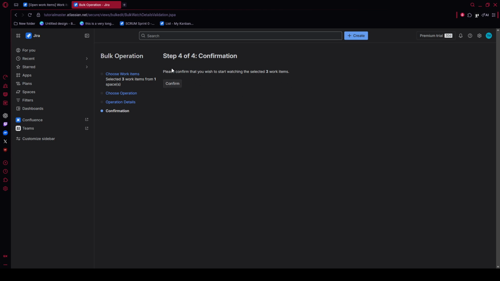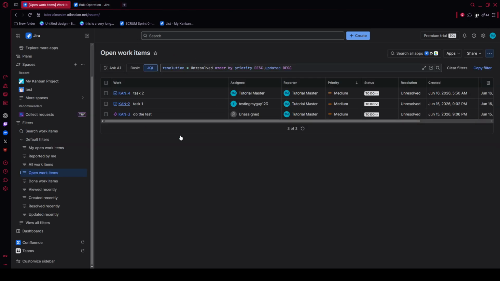Finally, review the confirmation screen closely. Make sure the target project, issue types, statuses, and any required field updates all look correct. When everything matches your intent, click Confirm or Move to complete the bulk move. Jira will then